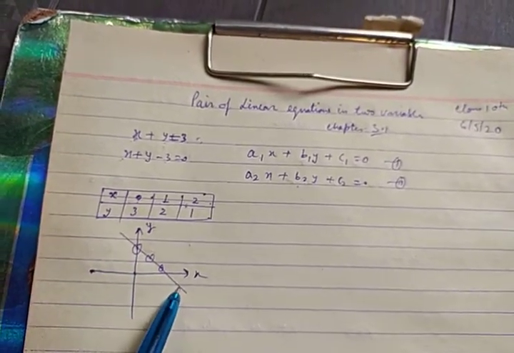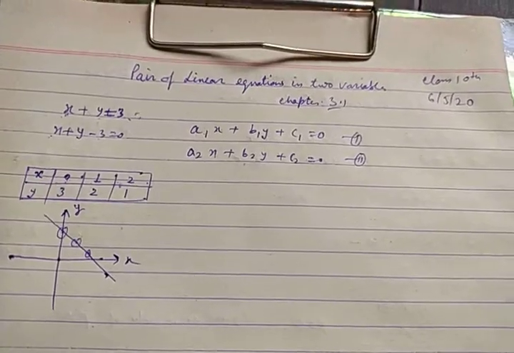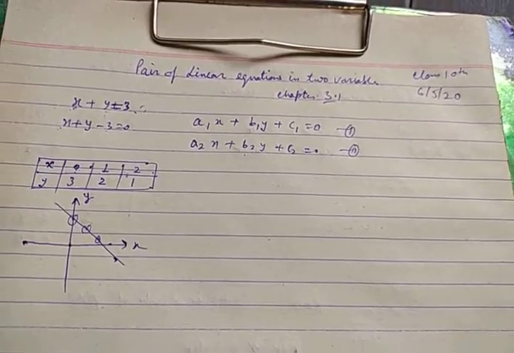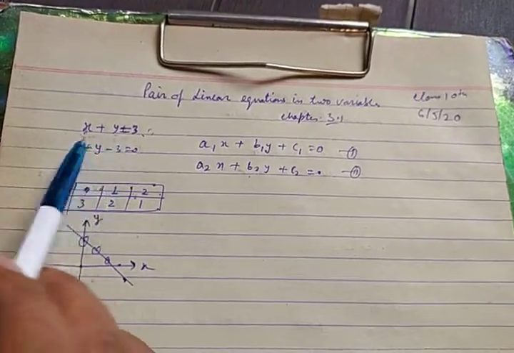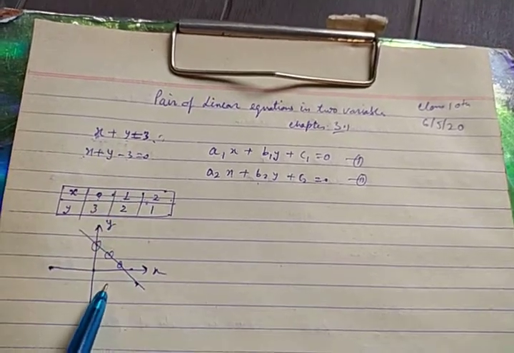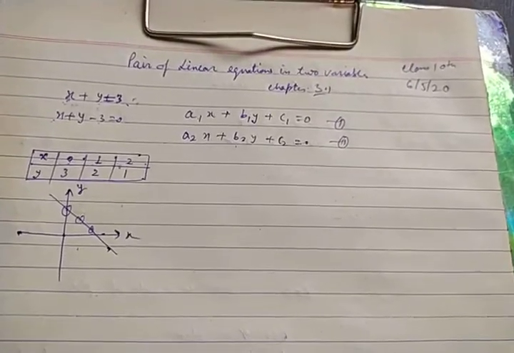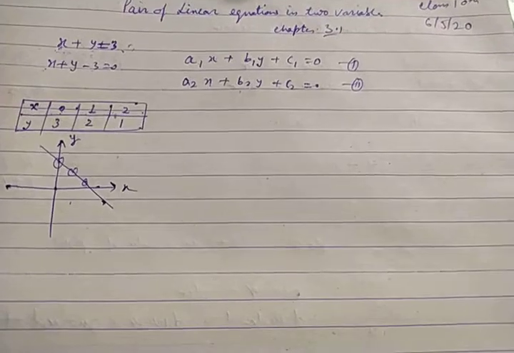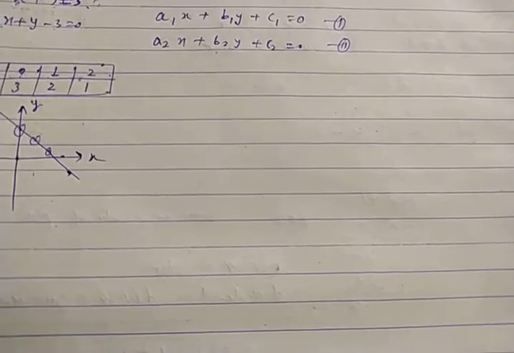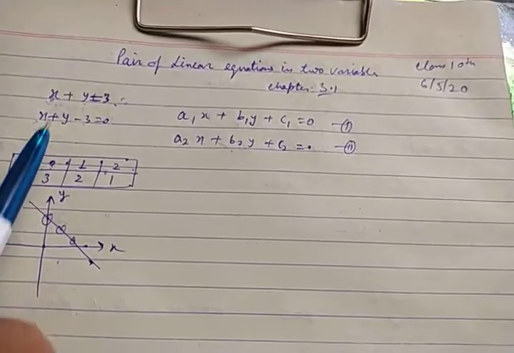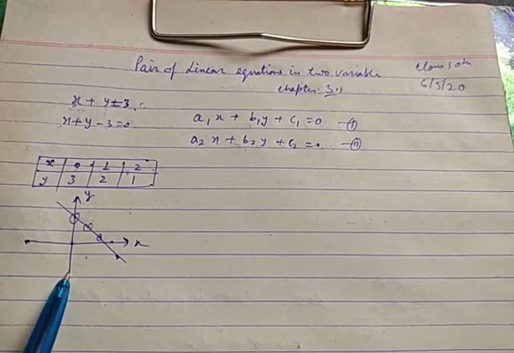This will be the graphical representation of this line, and accordingly in your current chapter you will have to express the given equations graphically. If you represent the equation in this manner, this is the algebraic representation and this is the graphical representation. In your chapter Exercise 3.1 certain language questions have been given, and according to the condition given in the question, you have to form the equation like this. First the formation of the equation, then representation on the graph paper.